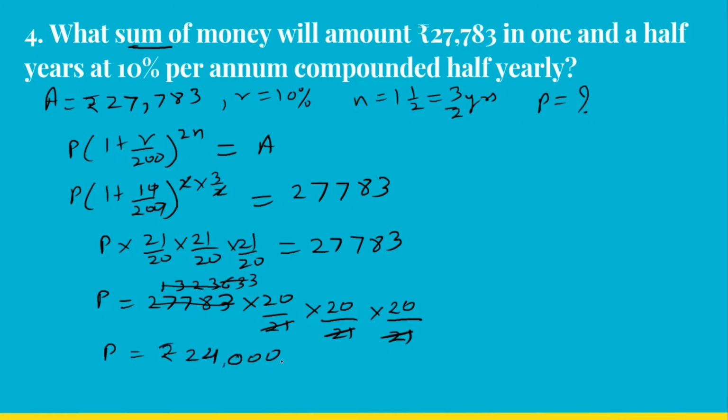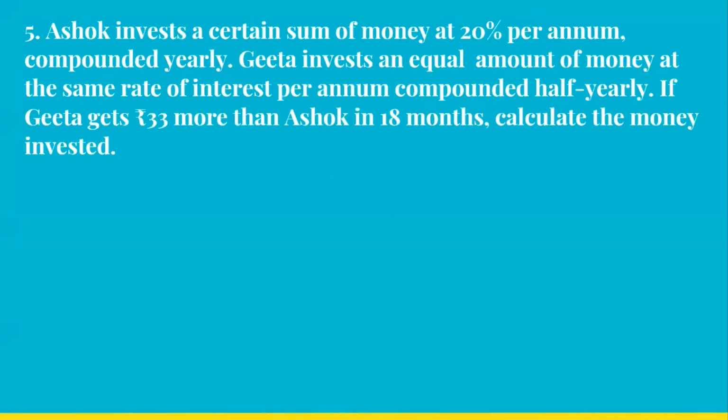Rupees 24,000. Got it? Okay, let's move on to the next question here. The question says Ashok invests a certain sum of money at 20% per annum compounded yearly. Geeta invests an equal amount of money at the same rate of interest per annum compounded half yearly. If Geeta gets rupees 33 more than Ashok in 18 months, calculate the money invested. So basically, the difference between the amount that Geeta gets and Ashok gets is 33,